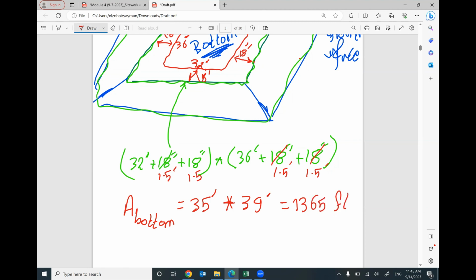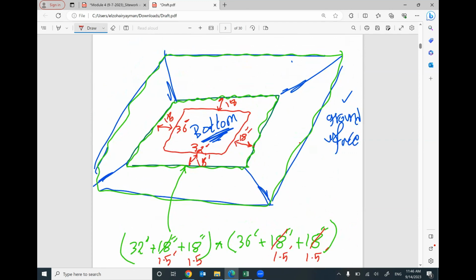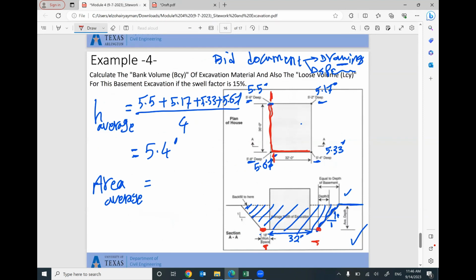1,365 square feet. What is the area at the top? Keep in your mind, this is a good point. So far, we decided that